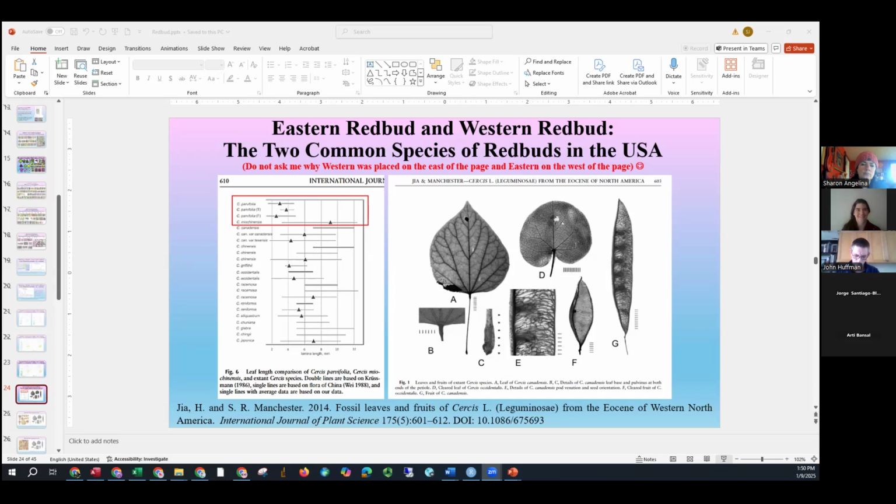And then this one with the rounder leaf, not so elongated, not so much like the form of a heart, is Cercis occidentalis. And as I put here, sort of a joke, do not ask me why the Western leaf was put on the eastern side of the page, and the eastern one on the western side of the page. But hopefully